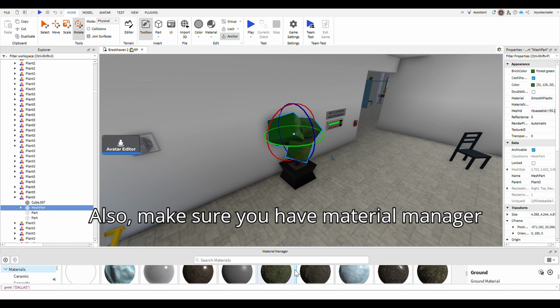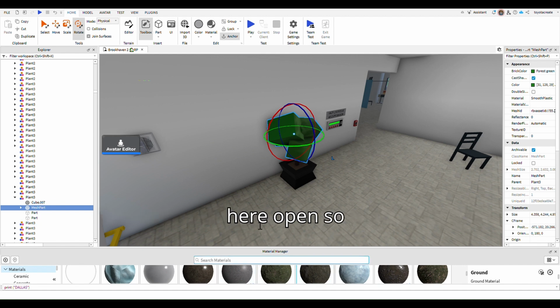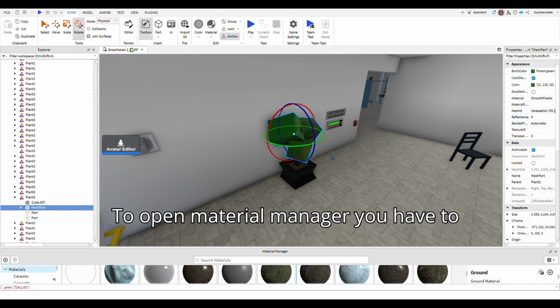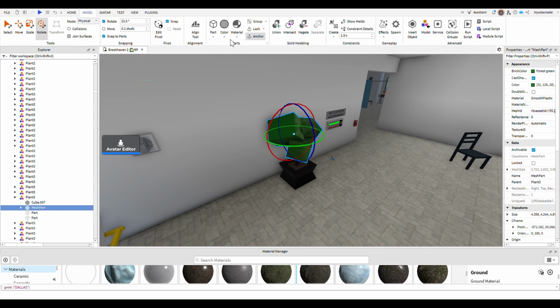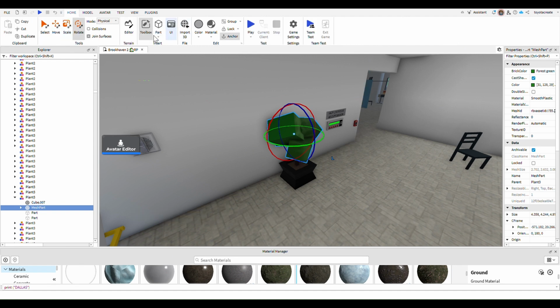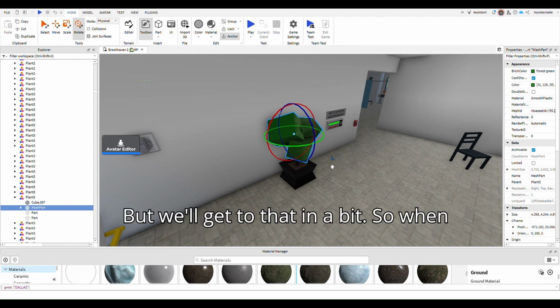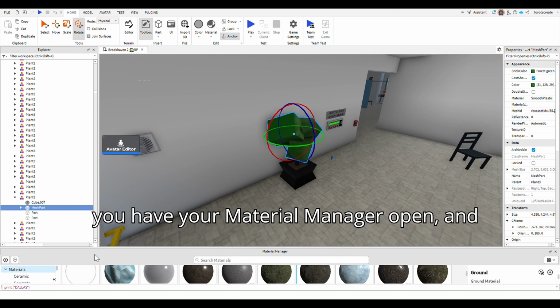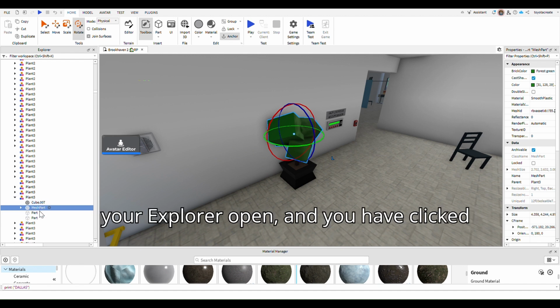And also make sure you have Material Manager open. To open Material Manager, you have to go to Model. And wait, there should be a button here that says Material Manager. But we'll get to that in a bit. So when you have your Material Manager open, and your Explorer open, and you have clicked on the green part